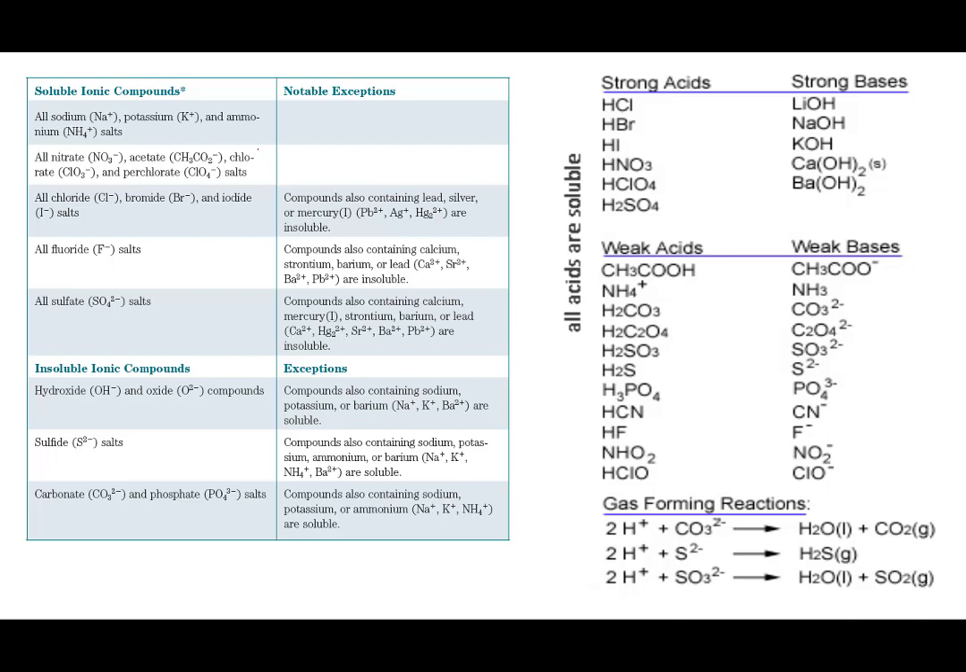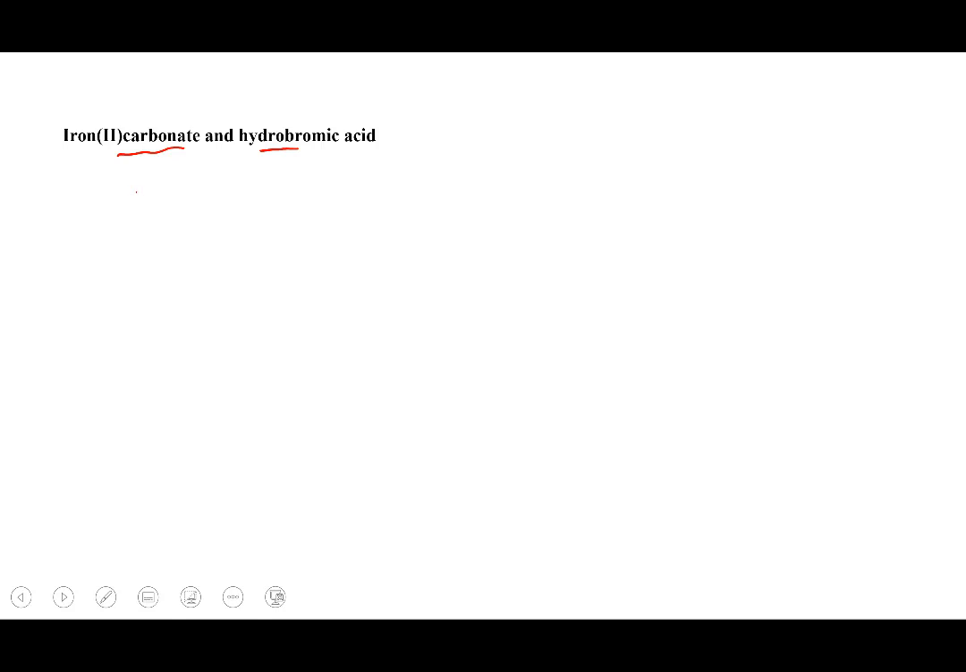Iron 2 carbonate and hydrobromic acid. So whenever you have a carbonate and an acid, you're going to have a reaction that makes carbon dioxide and water based on this reaction here. So the only thing we have to do here is make sure we have the right formulas for things. So iron 2+ and carbonate 2- go together 1-to-1 to make iron carbonate. We know the carbonate is going to need to react with 2 acids, so we're going to use 2 hydrobromic acids,